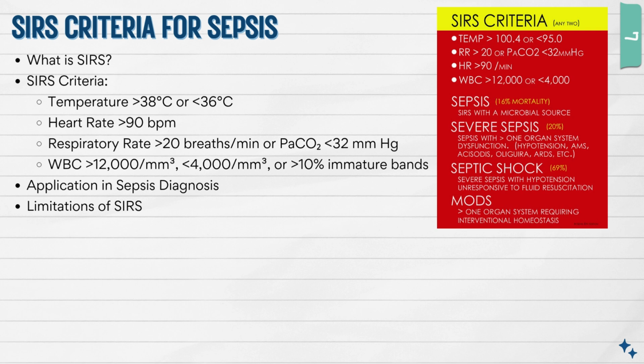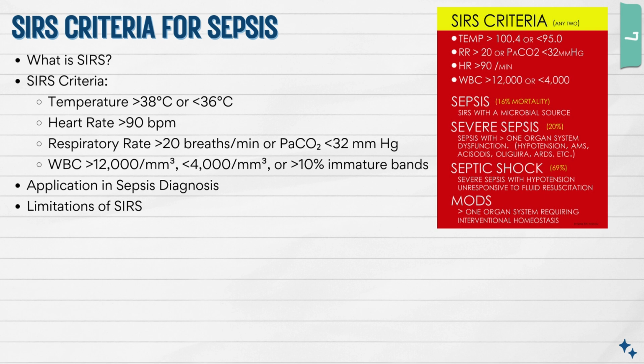Okay. So what is SIRS? It stands for Systemic Inflammatory Response Syndrome. Okay. So this is criteria that's used as a screening tool. When you get your patient, you assess them. And if they hit 2 of these 4 criteria, they now meet SIRS criteria, and they're going to fall into one of these categories: sepsis, severe sepsis, septic shock, or MODS. Okay. So temperature greater than 38 degrees Celsius or 100.4 degrees Fahrenheit, or less than 36 degrees Celsius,